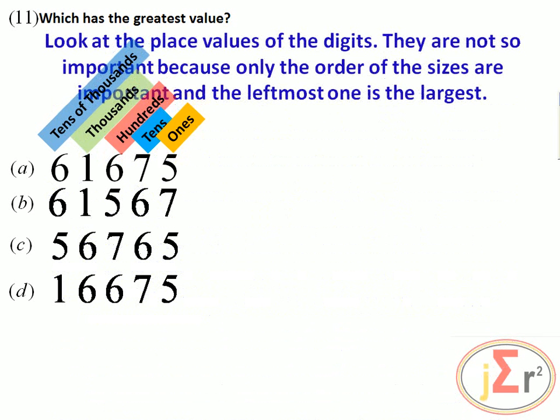Look at the place values of the digits. They are not so important because only the order of the sizes are important. And the leftmost one is the largest. So we may remove those place values